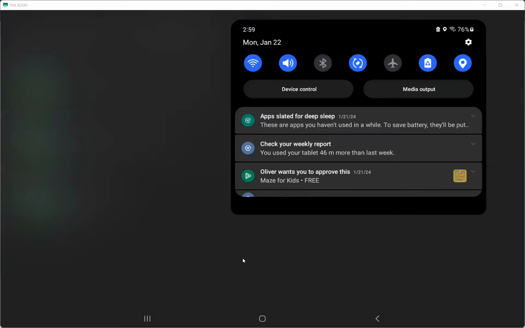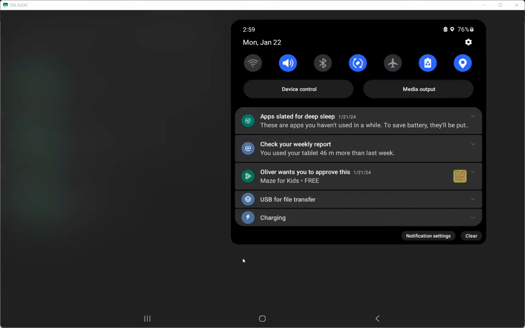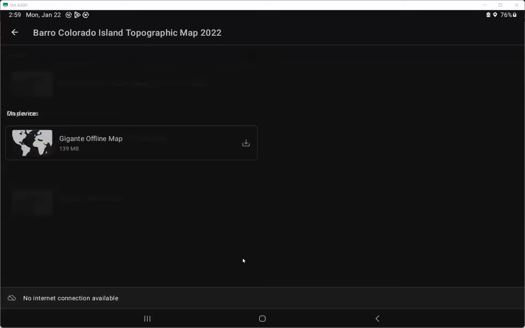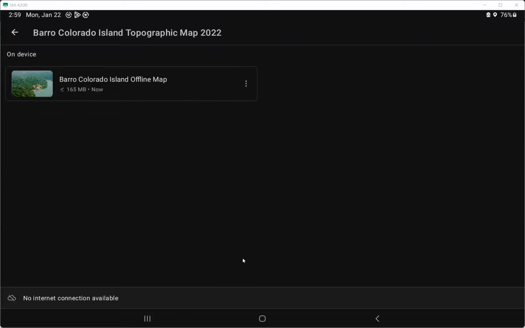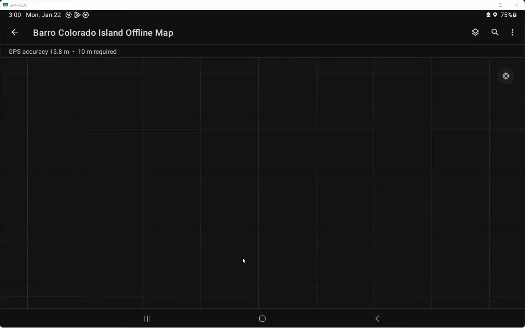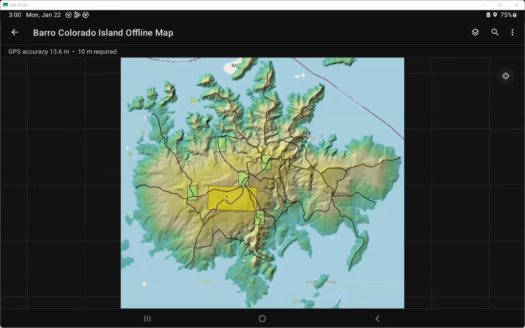So what I will do is disconnect from the internet just to show you that the map is available. If I refresh my tablet, the online map disappeared, and the Barro Colorado Island offline map is the only one available. So I will open the map. Now it's opening, and here is the map.